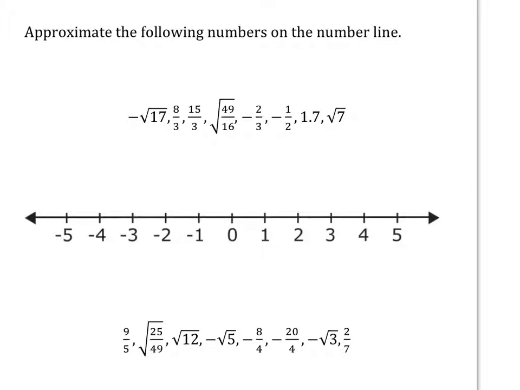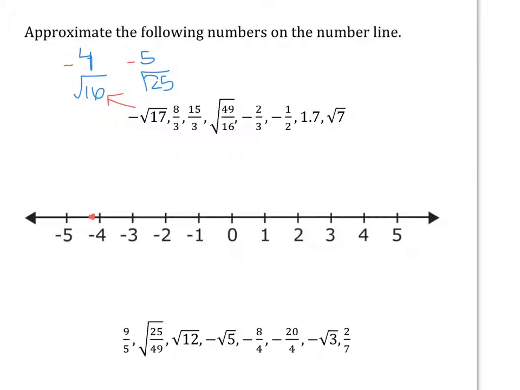Negative square root of 17, that's between the square root of 16 and the square root of 25, which means that this would be between 4 and 5 on the number line, and it actually is negative, so between negative 4 and negative 5. However, negative square root of 17 is definitely closer to negative square root of 16, so it's going to be just right after negative 4. It's going to be really close to it. So I'm going to say negative,